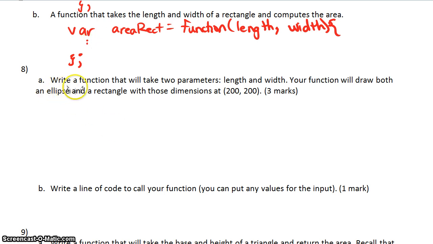Number 8: write a function that will take two parameters, length and width. Your function will draw both an ellipse and a rectangle with those dimensions at 200, 200. So this one is saying write the entire function, not just the function header. So we have to write the function header plus the body inside. Again, we start with var, and let's give it a good name. It's going to draw a rectangle and an ellipse, so maybe drawShapes